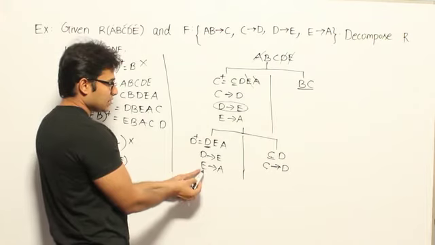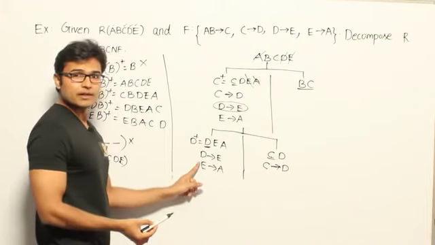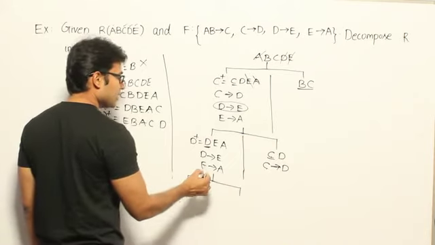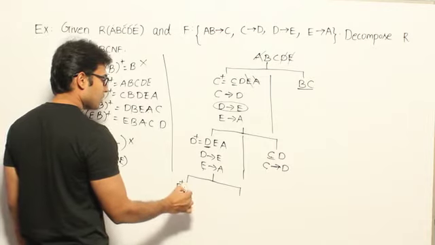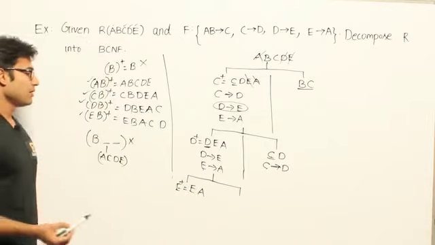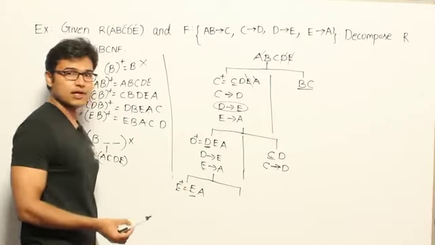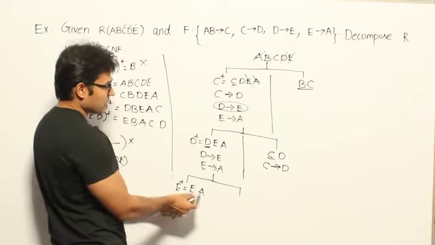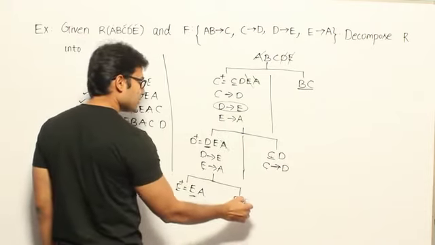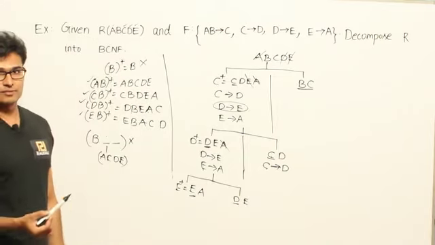But if you observe this, the left side of this functional dependency is not the super key, which is E. So you are supposed to again decompose it. Decompose this by taking E plus. If I find out E plus, I will be getting EA. Now, what is the candidate key here? E is the candidate key, which means E is going to take away with it A. Now what is remaining? DE. Let E be there in this table so that in the intersection there is a candidate key. Got it?